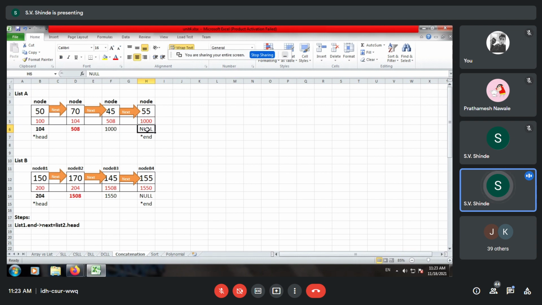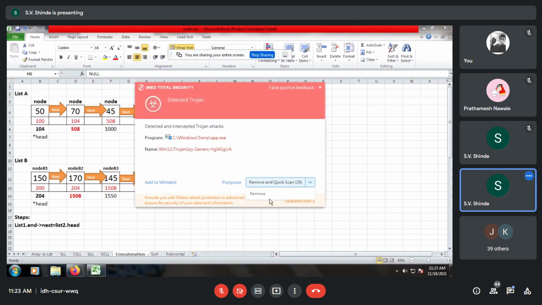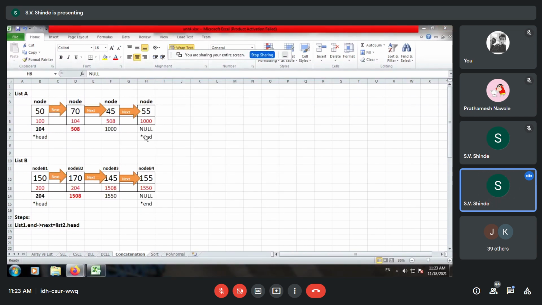So over here, instead of null, what is to be added is the address of list 2 head node. So it is nothing but 200. So I'll update this node, null node, with a new value of 200.